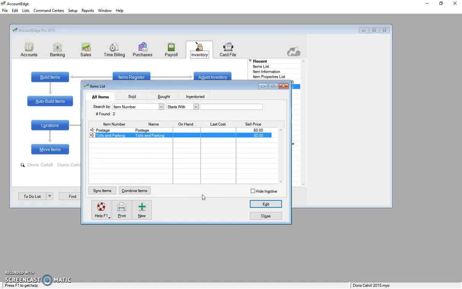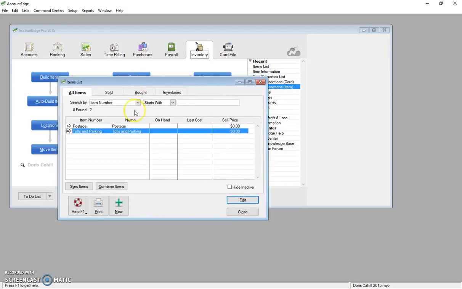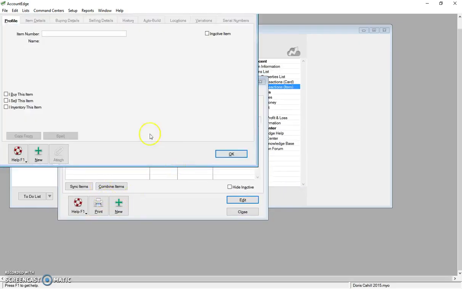So I'm going to start in my command center under inventory, and I'm going to go to my items list. That brings up that panel screen. And I'm going to hit new, and I'm going to say t-shirts. I'm going to create items that are super t-shirts. You can have an item numbering sequence, but for my example, I'm just going to call them